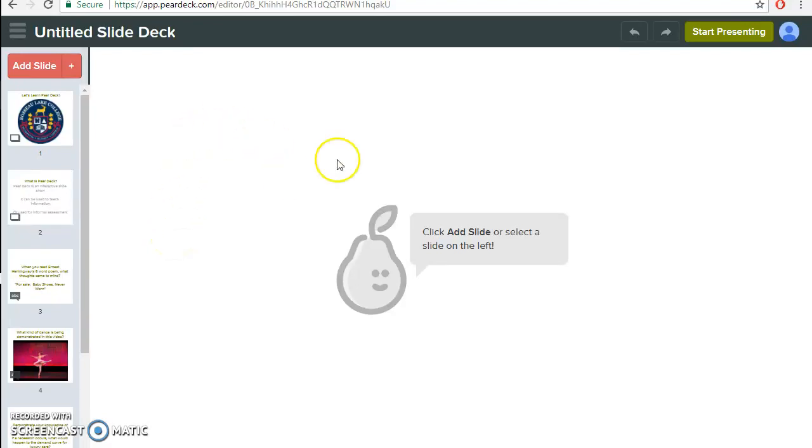Hey everyone, today in the Weekly Geek Out I want to show you a program I use called PearDeck. PearDeck is an interactive slideshow. I've already created a couple slides that we'll go through, but the basics of it are